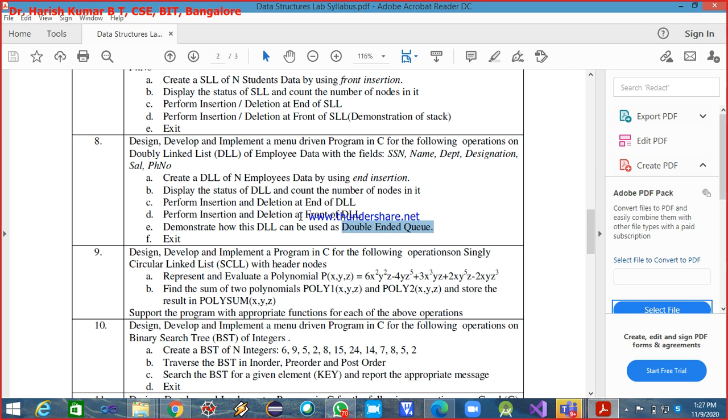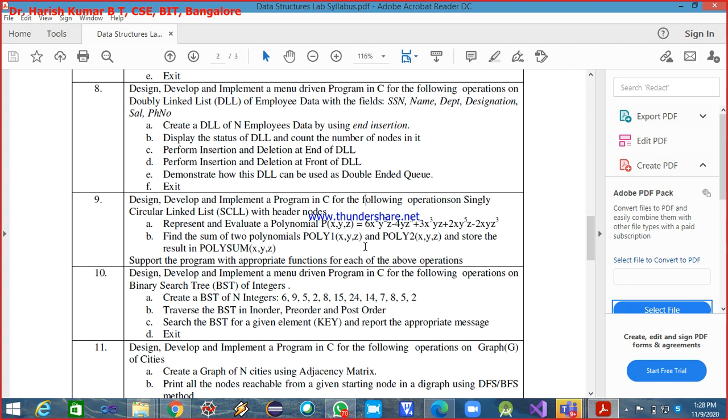And as I mentioned just now, you should also know how to demonstrate normal queues and circular queues using the singly linked list: stacks using a singly linked list, queues using a singly linked list, and circular queues using a circular singly linked list. I think we'll stop here, and continue in the next class.